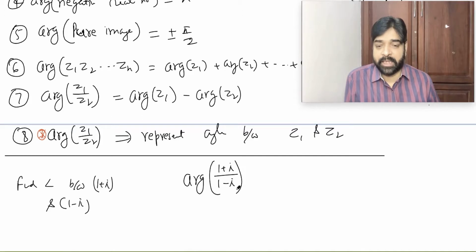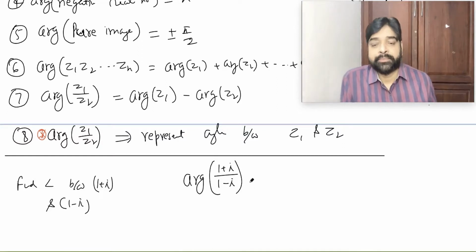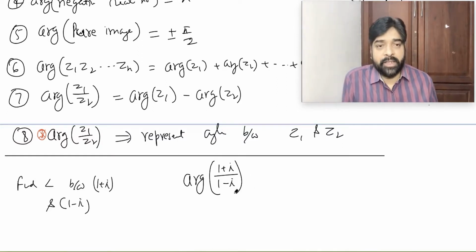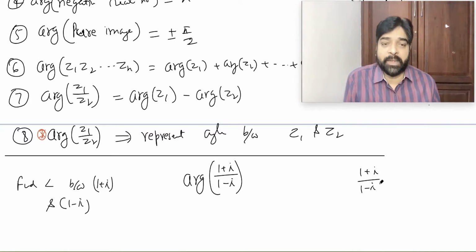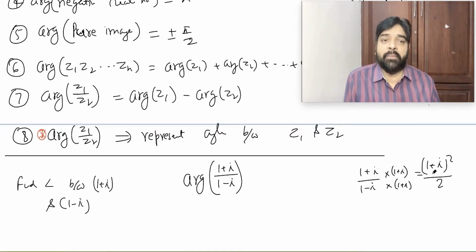Please stop writing. Something else I am going to teach you. Can we calculate this complex number? This complex number, 1 plus i divided by 1 minus i. I want to write it in A plus iB form. So I will multiply numerator as well as denominator by 1 plus i. So that will become 1 plus i whole square divided by 1 square minus i square, which means 2. 1 plus i whole square will be 1 minus 1 plus 2i. 2 by 2, and that will be i.